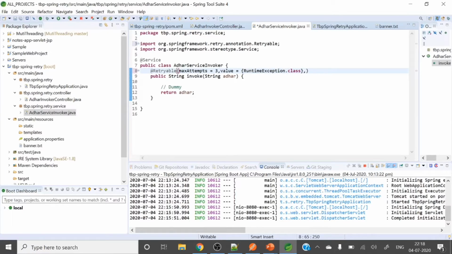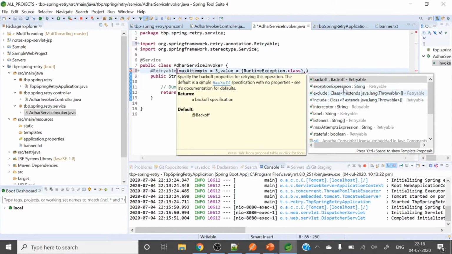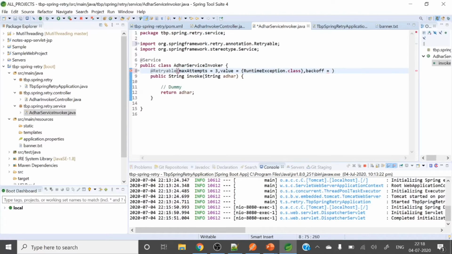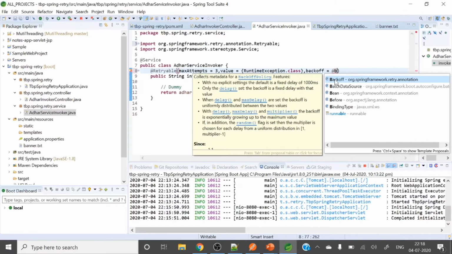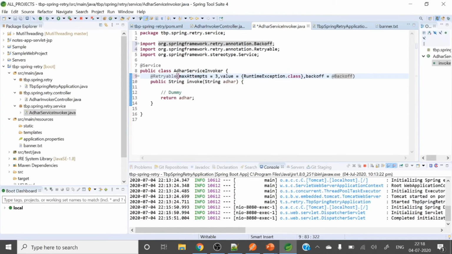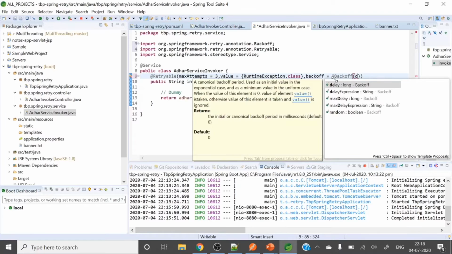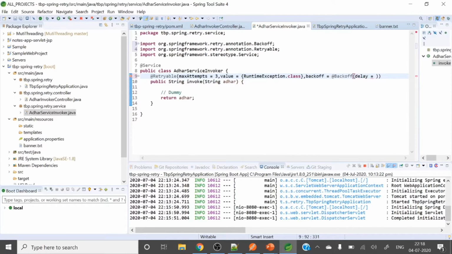Then what we need is the backoff time. Backoff equal to @Backoff. Here you want some values. Delay, suppose we want the delay as milliseconds, right? So let me put 2000.